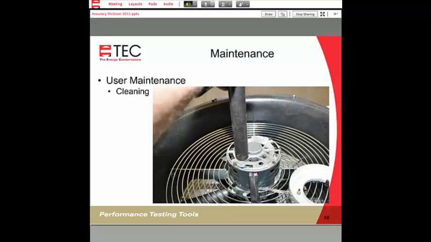So the simplest thing to do is to take the flow sensor off, take a shop vac, and vacuum out any of the dust and debris that's inside there. You can also use a bit of compressed air to help remove some of that. When that's done, you generally will get rid of the issue of the fan shutting off all by itself when it's running.